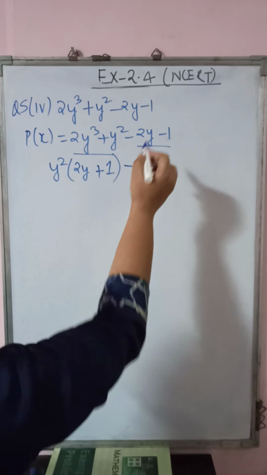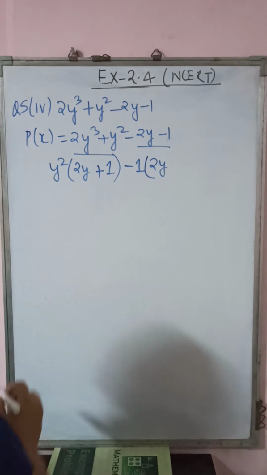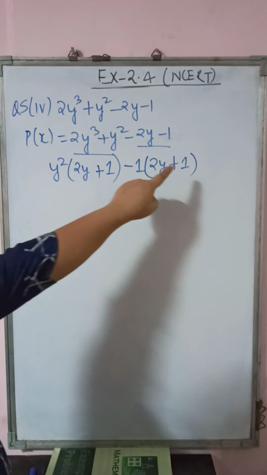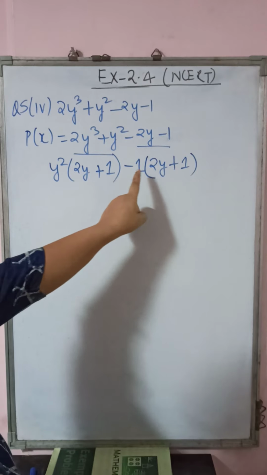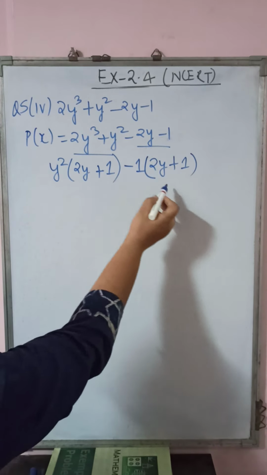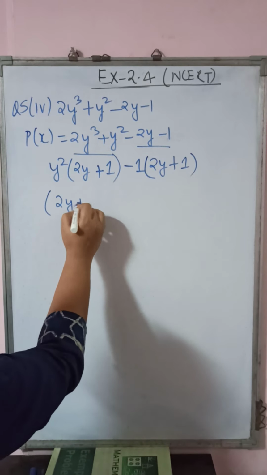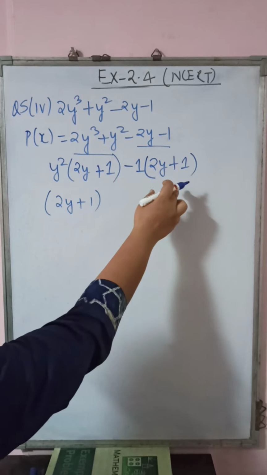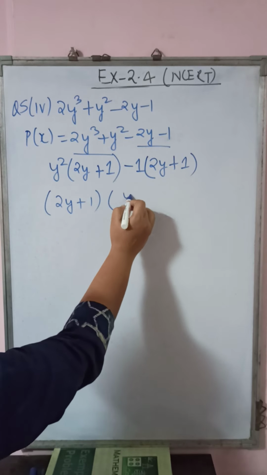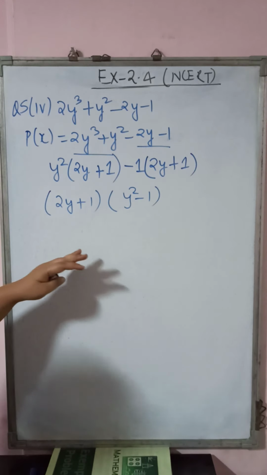Now I want minus 1. So minus 1 should be multiplied by which number so that you get minus 1 as the answer? So plus 1. Okay. Now minus into plus, minus, 1 into 1, 1. So see, this is correct because the terms in both the brackets are the same. So 2y plus 1, because it is common, I have written it once, and whatever terms are written outside the bracket I have put together in one bracket. Okay. So this is done.